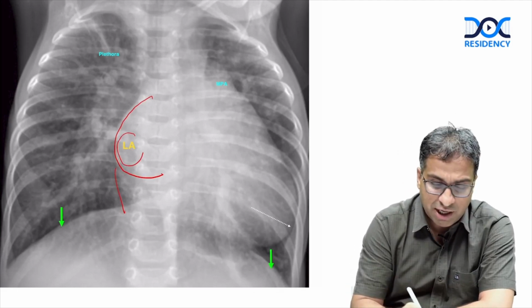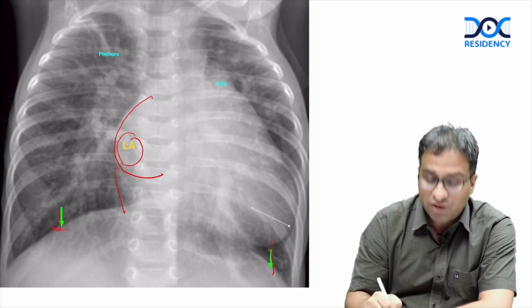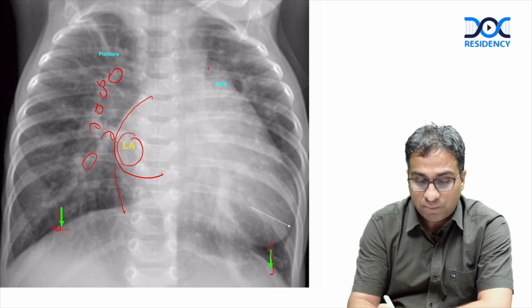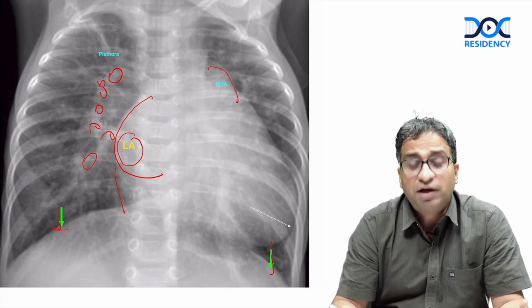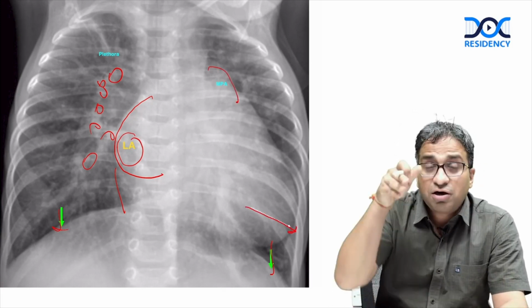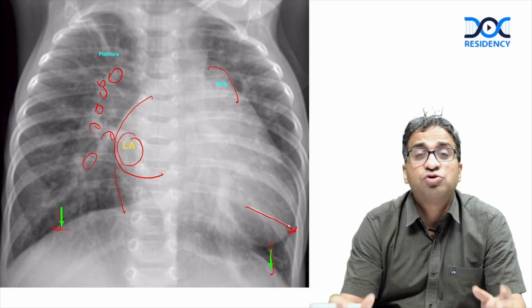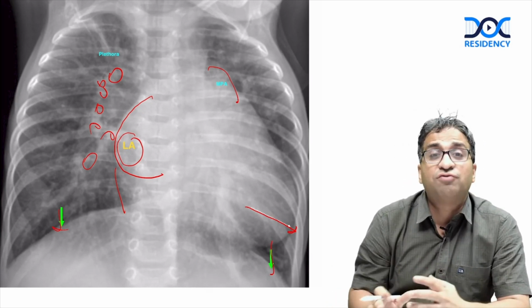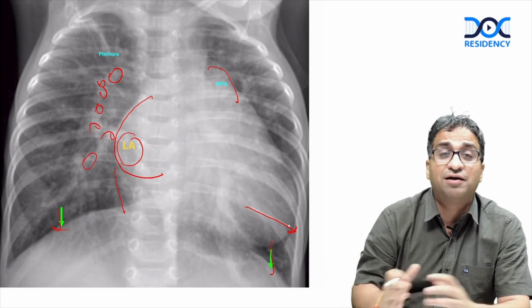this is the heart in heart, this is the LA shadow, hyperinflated lung field, that is a sign of CCF in an infant. And these are the end-on vessels, you can see. And this is the plethora and the prominent MPA. So this is very typical, and you can see the dipping down apex, suggestive of the LV apex. So this all is suggestive of a large left to right shunt,